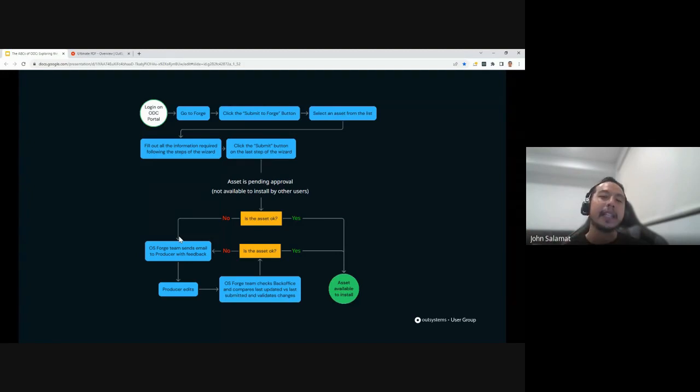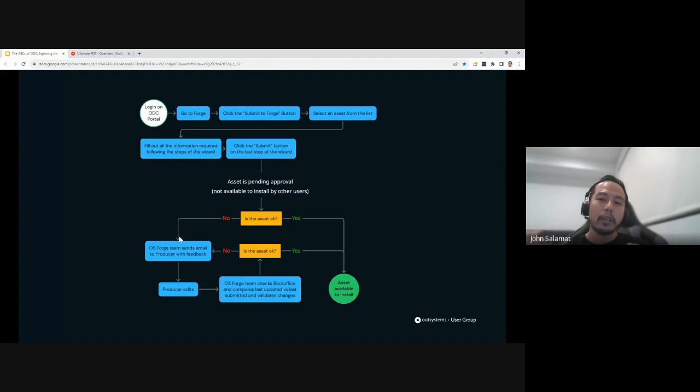It's now very integrated in how you submit the Forge component. With the ODC portal, you can select your application or your asset, the library you need to submit, and fill out the required details I mentioned in the prerequisites. Upon submission, it won't be available yet on the community. Users won't be able to install it, or even see it from the OutSystems